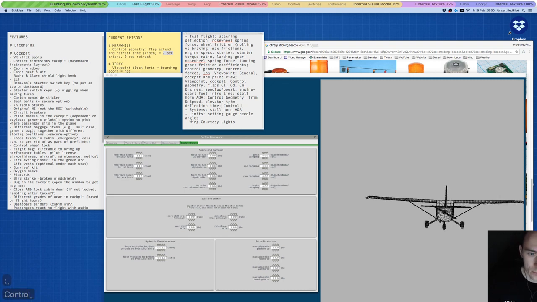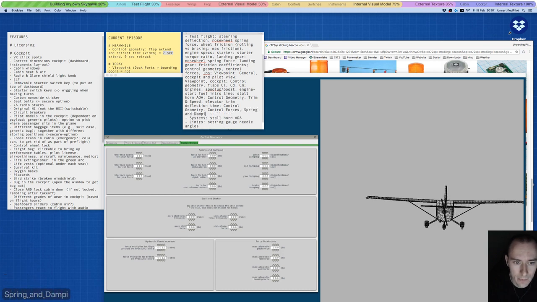So I guess those numbers will explain how fast we are pitching up and turning, banking, yawing, how much force the control surface deflections actually have, I think. Control geometry, control forces,